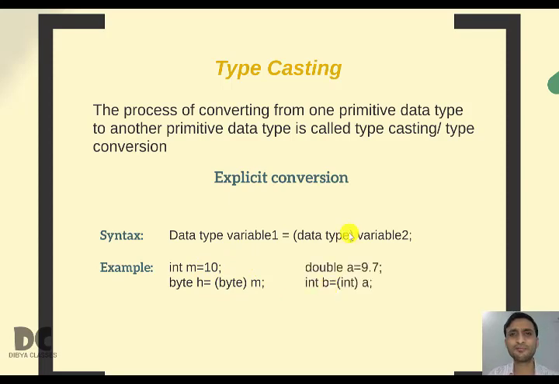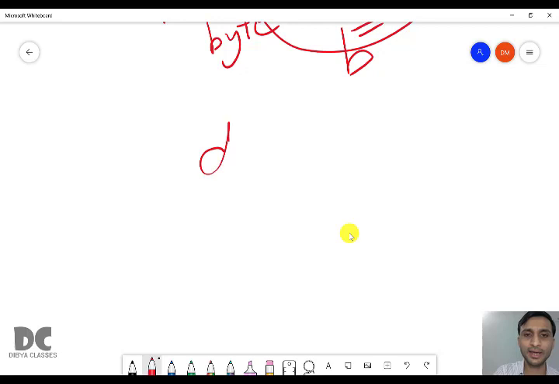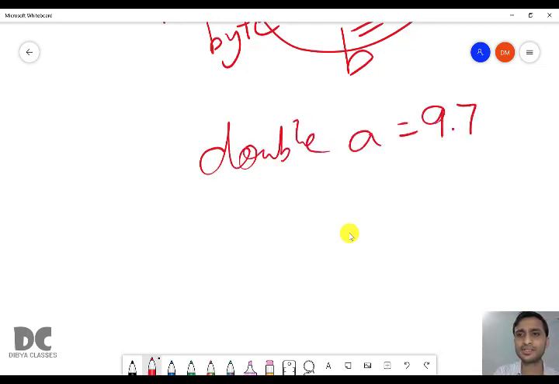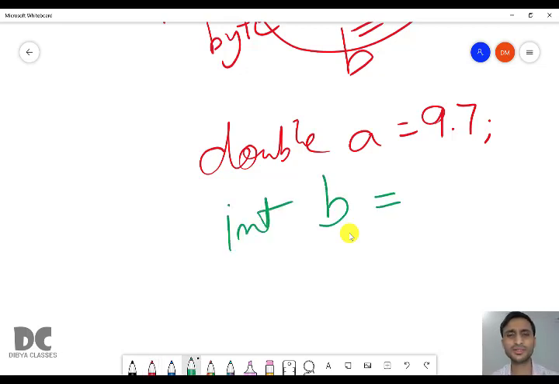Next we have double A equal to 9.7 and now we want to store in int B. So do you see, double is a real type of data type while int is an integer data type.